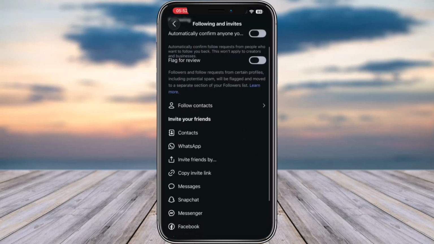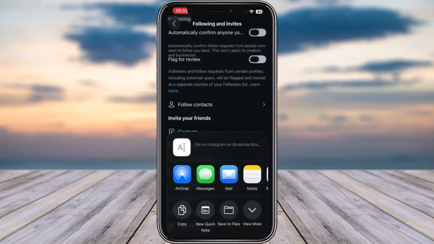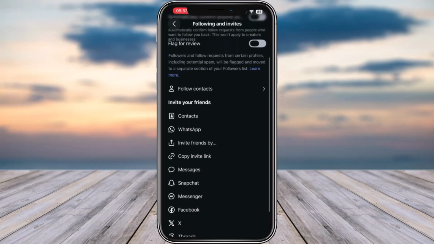Next thing is you can tap on invite friends by, and you can invite them through any of these options, or you can sync your WhatsApp, your messages, Snapchat, Messenger, Facebook, Threads, whatever you prefer. Make sure that your person is on one of these platforms and you will be able to access